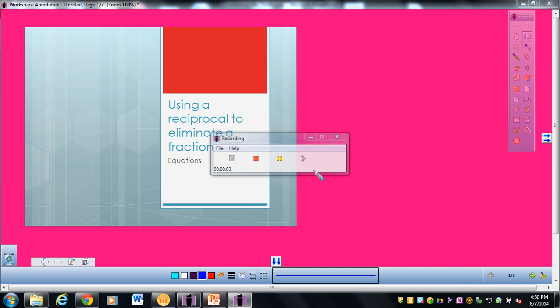Okay, today we are going to discuss a couple different things. First, we're going to do using a reciprocal to eliminate a fraction in an equation. So,